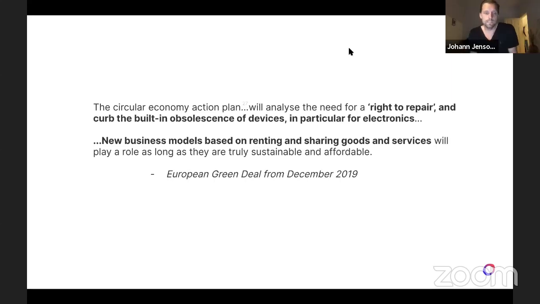The other impetus, the reason why this is important, is that the European Commission recently released the European Green Deal in December. And especially for our business model, it's very relevant, where they actually cited the right to repair and curbing the built-in obsolescence of devices, in particular for electronics.